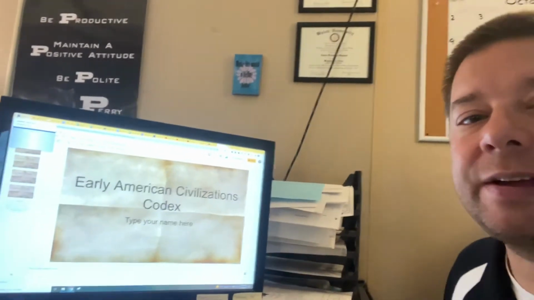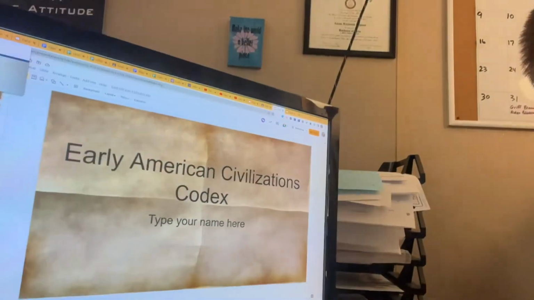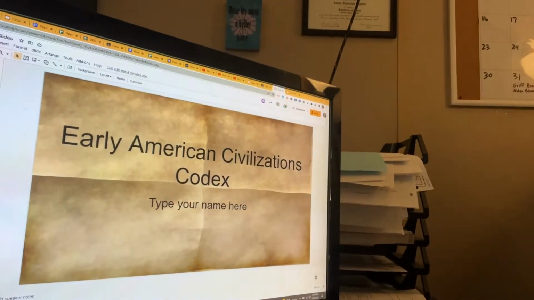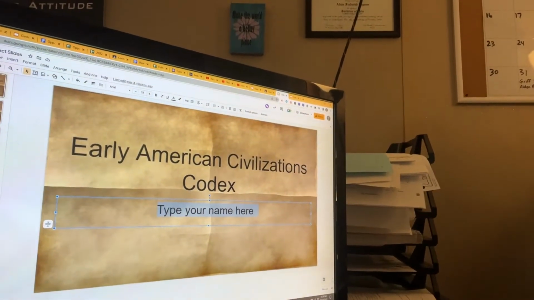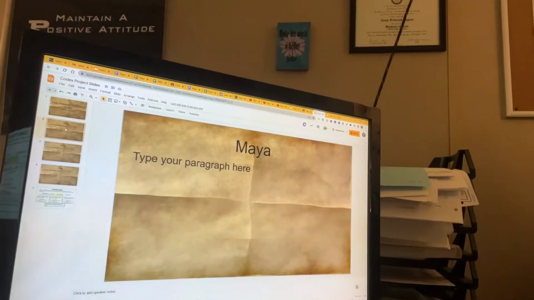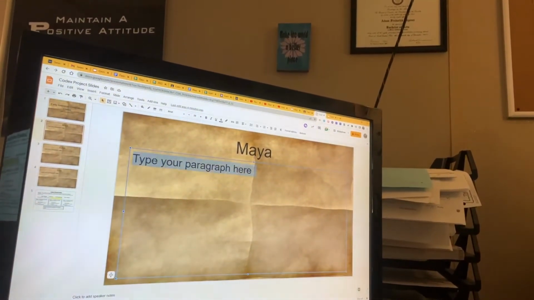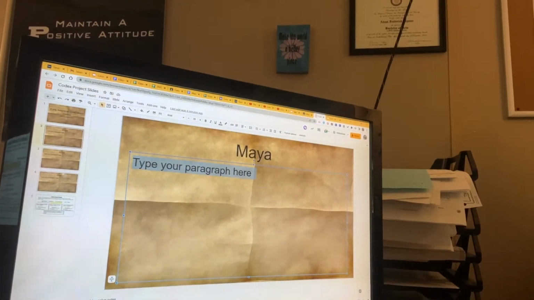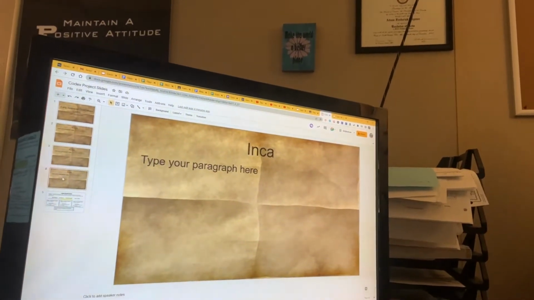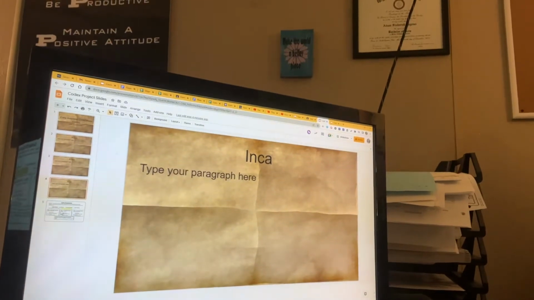All right, so this is actually our slides presentation where we're going to be publishing our paragraphs. Let me take you through it just so we're all on the same page and we know what's going on. So first up, this is our title slide. You can kind of see here it says type your name here, so that's where you would literally click on that, replace that with your name. Slide number 2, it says Maya, type your paragraph here. Once again, you could click on that and type your paragraph about the Maya. Slide 3 is the Aztecs, slide 4 is the Incas, and slide 5 I'm going to spend a little more